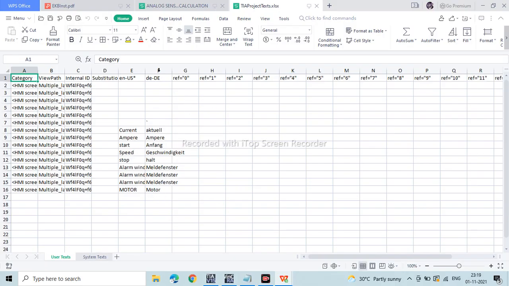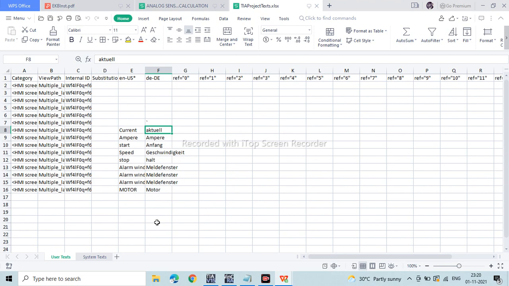I have already, here, E is English and D is for Dutch, which means German language, and I already converted this text, meaning current, ampere, start, speed, stop, and all these things into German language. So there is no function for auto translation available in Siemens. So for that we get the Excel file.